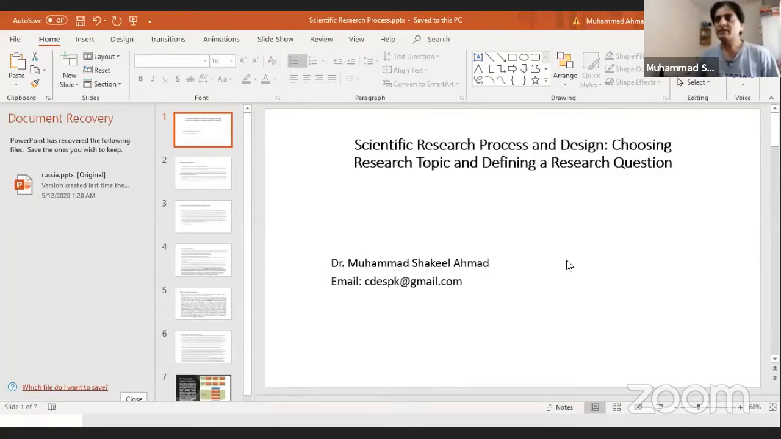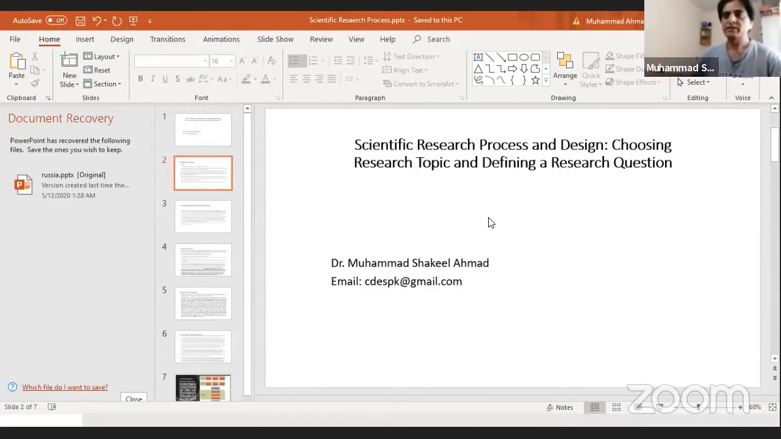So in this topic, there are different things. For example, a scientific research process. Scientific research process is not a simple task. It has a huge complexity, and it's a very important component in the research. And how to design your research, this is another question. And choosing research topic, how to choose your topic for research and defining a research question. So these are the 3 or 4 major indicators which lead to development of research proposal when you are doing